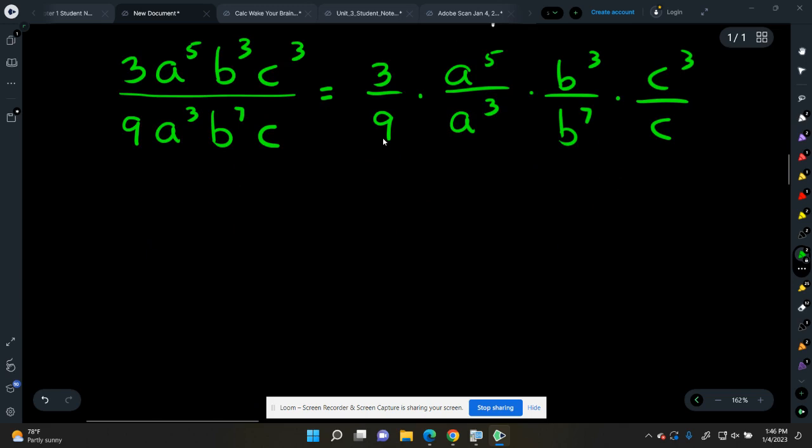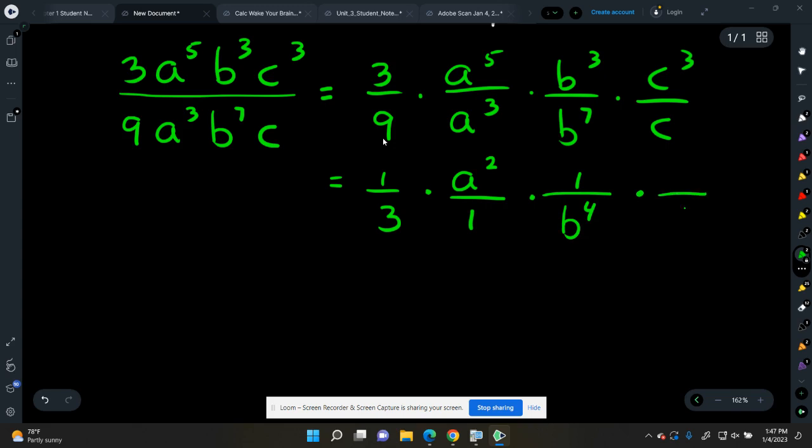3 over 9, that gives us 1 over 3. And we've got a to the fifth over a to the third. What's that going to give us? A to the second on top, right? And that's going to be over 1. And then the b's, I have more b's on the bottom, so I'm going to get 1 over b to the fourth on the bottom, right? And then the c's, there's more on top, so we get c to the second. Okay. All right, going straight across the top, a to the second, c to the second, over 3b to the